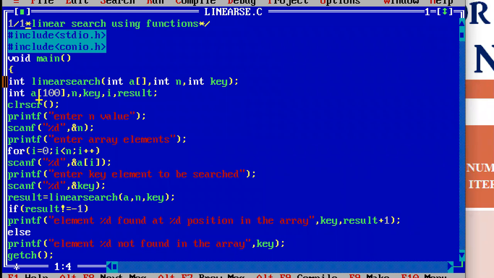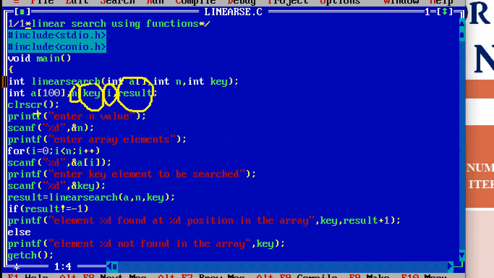first an array variable is declared with size 100, and immediately the compiler will allocate 100 locations. Then during runtime, I don't want to use 100 locations. I want to change the size 100 to 5 or 10. That is the purpose of this variable n. And from this list of elements, I want to search for an element, that is the element key. And a for loop index variable i, and the linear search function will return some result, to hold that value, the result variable.